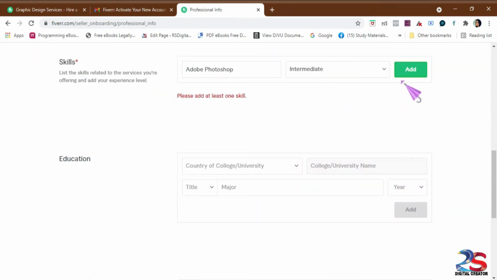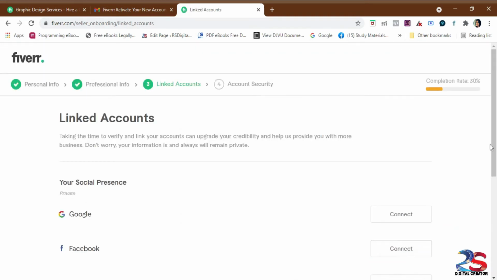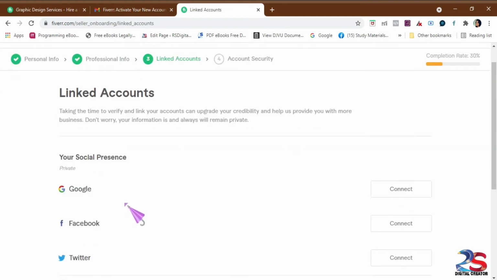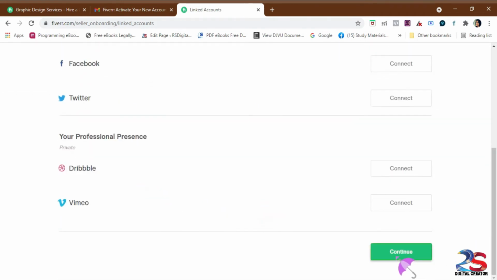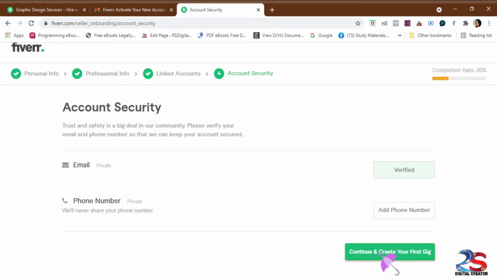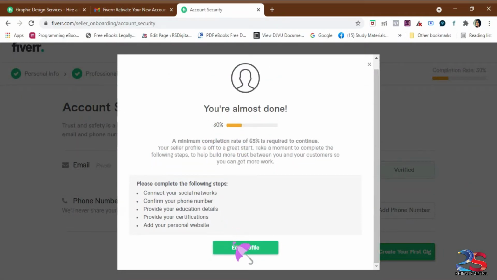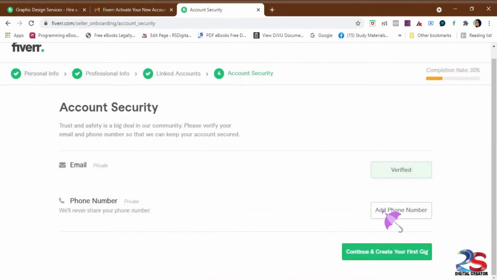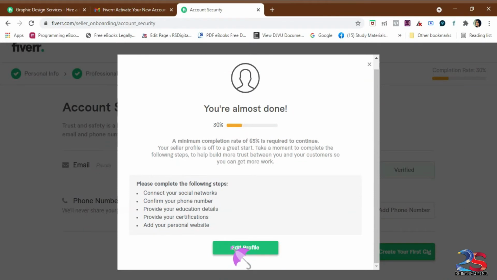At least one skill set you have to add, according to your advertisement, and then you can add a number of skill sets here. Then just go on, continue. It will show you are almost done. Your profile is ready. Now the next thing we need to do is create our gig.